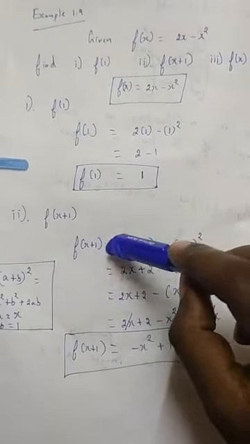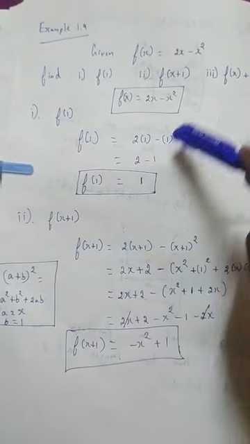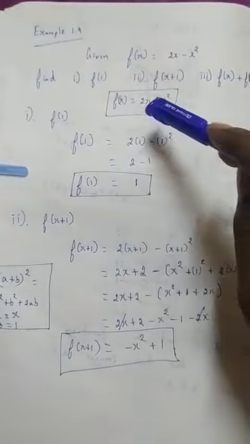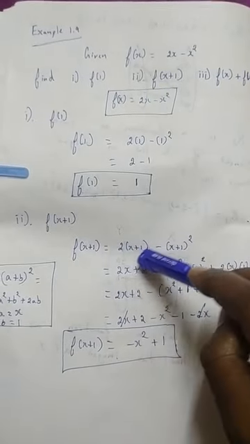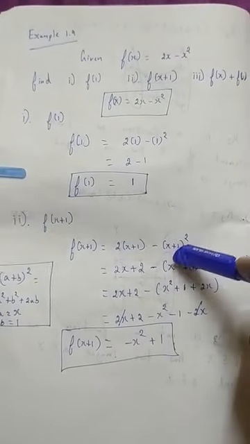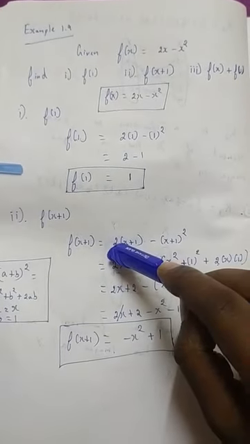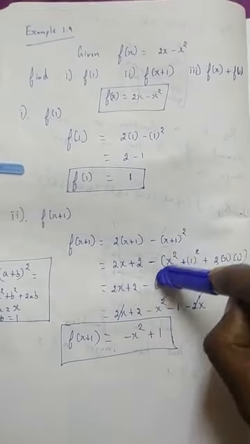So nothing, it is very simple. f of x plus 1 is nothing but we have to substitute x plus 1 in the place of x in this equation. So 2 into x, for this x I have to substitute x plus 1. So 2 into (x plus 1) minus, again we have x here, (x plus 1) the whole square. Now we have to multiply this 2 inside, so 2 into x, 2x, 2 into 1, 2, minus, it is